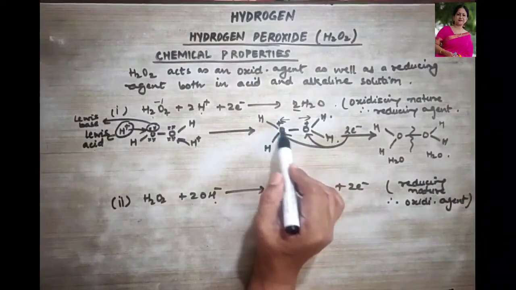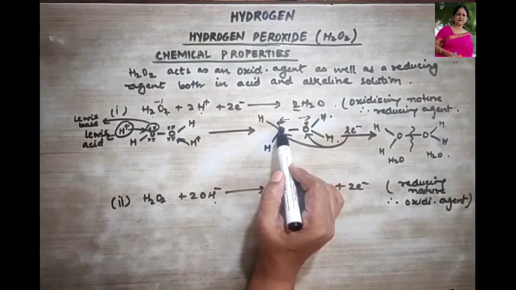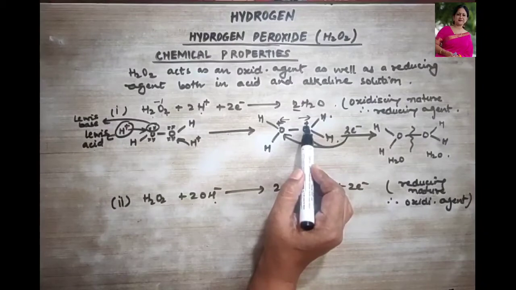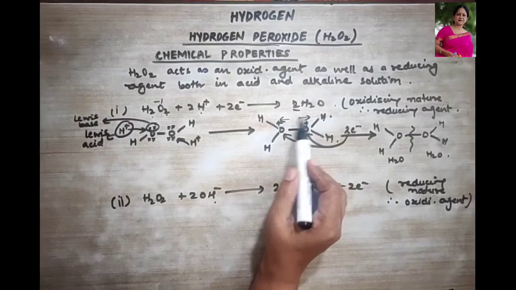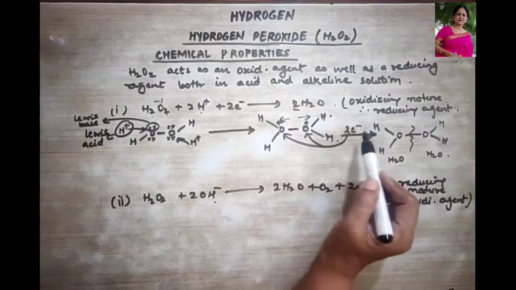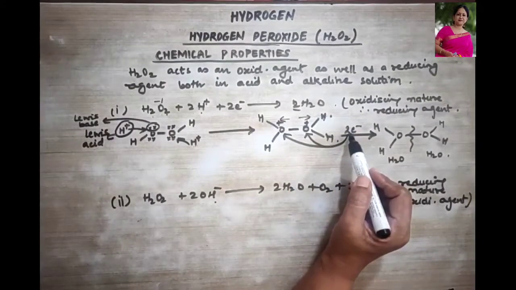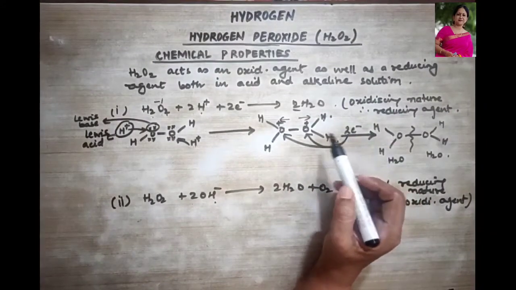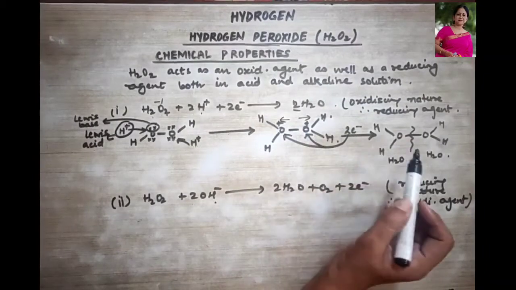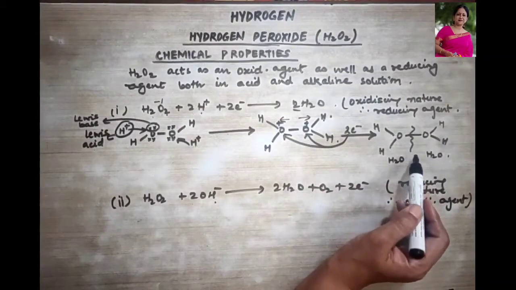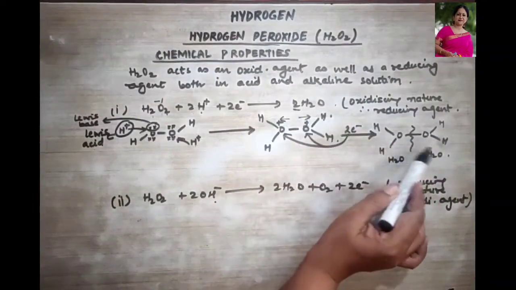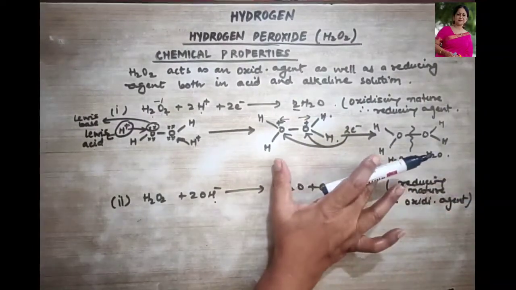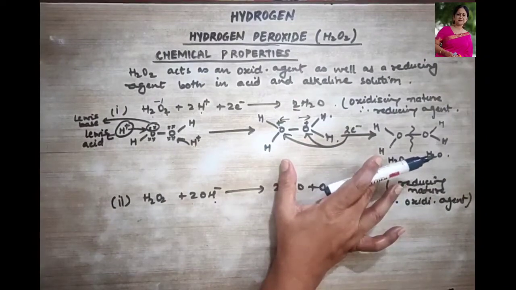Okay, so as this hydrogen attacks, what happens to the oxygen? It attains positive charge. Since like charges are there, repulsion takes place. When repulsion takes place, it takes 2 electrons. From where is it going to take 2 electrons? From the 2 oxygen atoms, and thus there will be a homolytic fission and 2 molecules of water will be formed over here. Right? This is very clear to you.